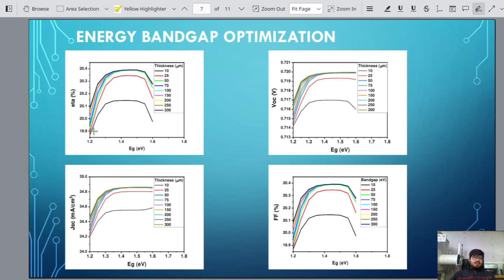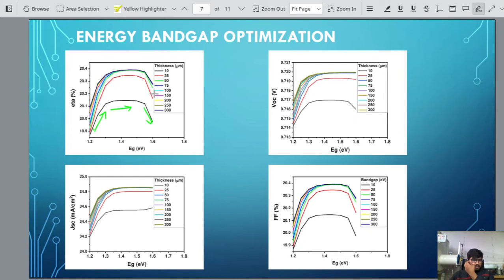As we go from 1.2 to 1.3 or 1.35 electron volt, we can see a drastic increase in the efficiency, while after 1.3 electron volt the graph begins to tend to constant values up to 1.5 electron volt, and after that it drastically decreases up to 1.6